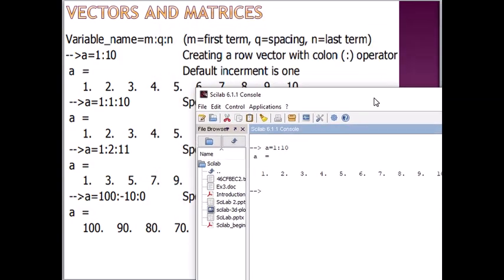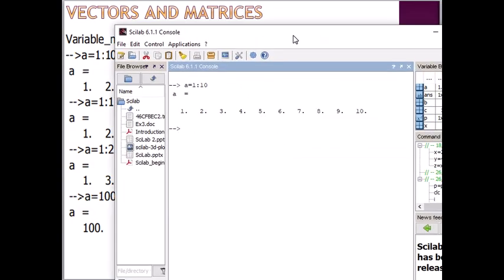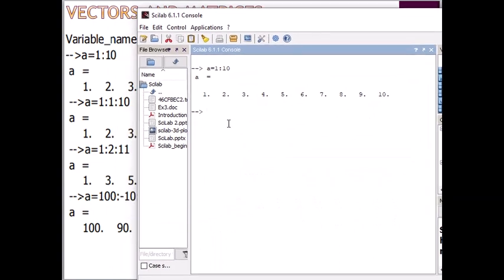If we need to write one row for matrices, then another process is to write 1 up to 10, right? Again we get the 1 up to 10 values.